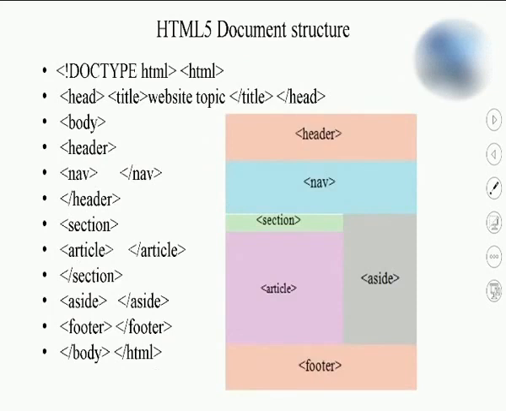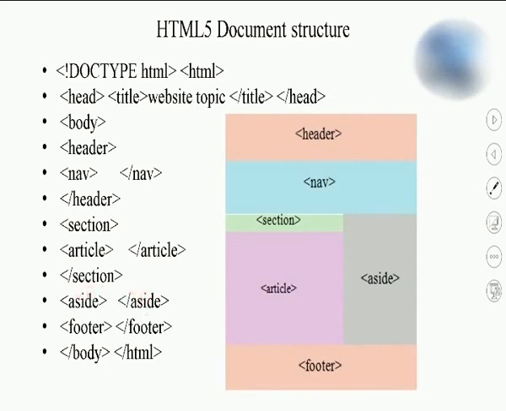So students, here is the document structure of HTML5. You have to go through the 11th standard textbook to revise all these things. Navigation tag is used for inserting the hyperlinks, header tag to insert the title for your section or title for your web page. Section tag, you can insert your website information, topic information inside that. Article tags you can use to insert independent information. If I remove some of the article, there should not be any effect on your web page.